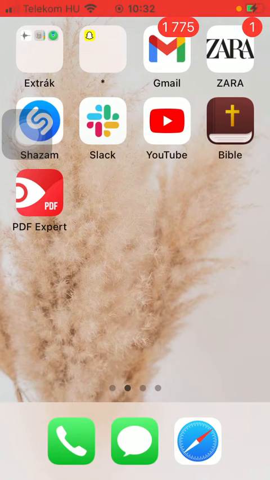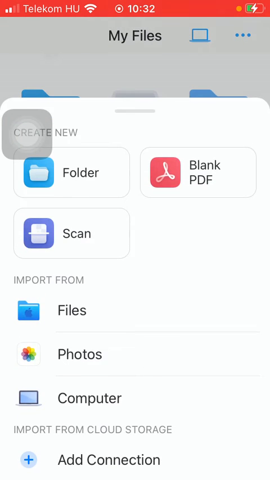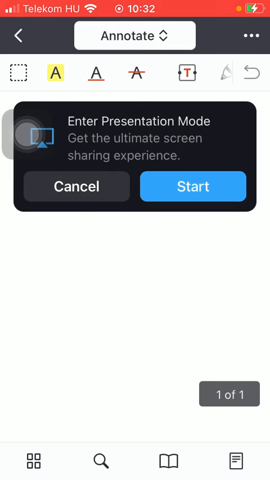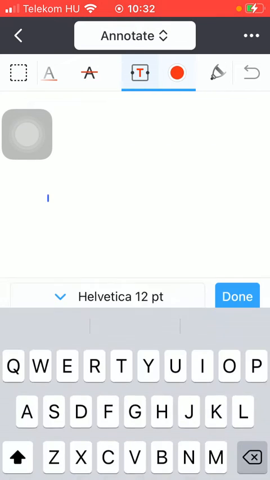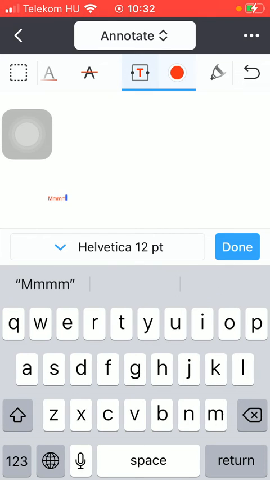So let's jump into it. First of all, open the app on your phone. And after that you should tap on the plus icon down below, click on blank PDF, then you should tap on this T button at the top, and then you should tap on the screen where you want to insert this text box. After that, start typing, and if you tap on this section in the middle of the screen,